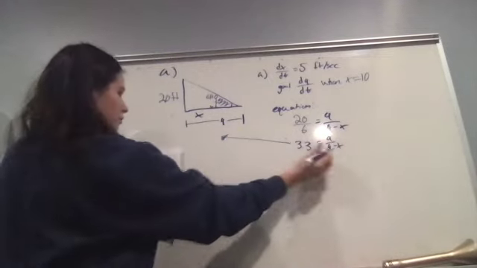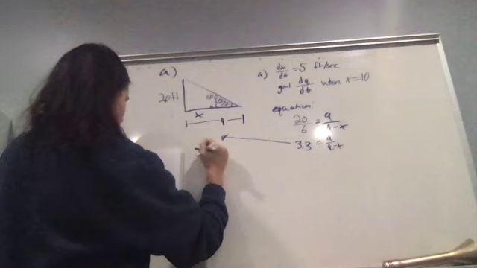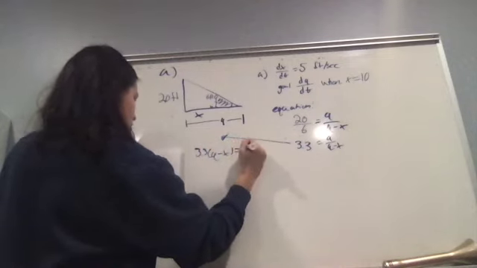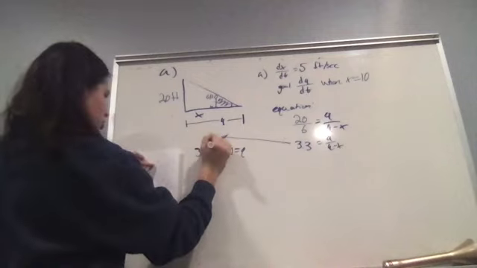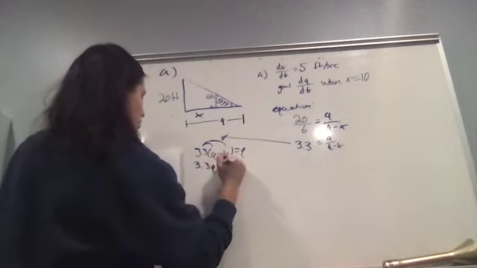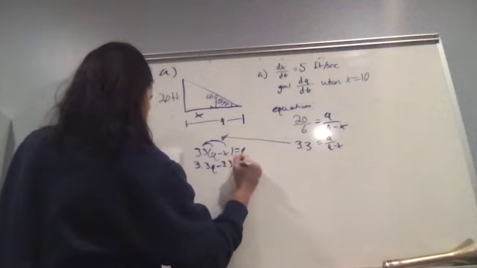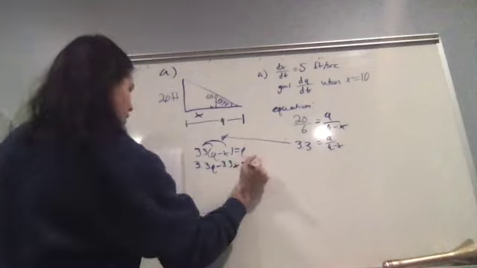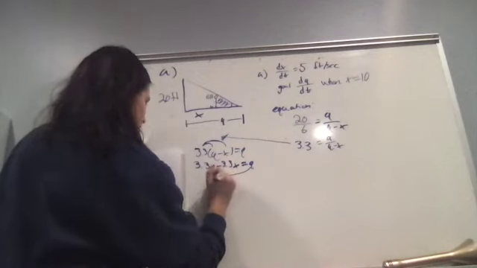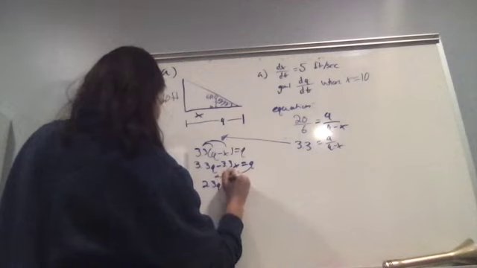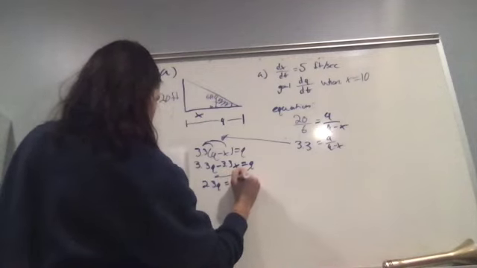I'll move over here just to make this a little bit easier. So then we can move the bottom to the left side, which is going to be 3.3 times q minus x is equal to q. We're going to distribute our 3.3, so we have 3.3q minus 3.3x is equal to q. We can subtract q from this side, and you're going to get 2.3q is equal to